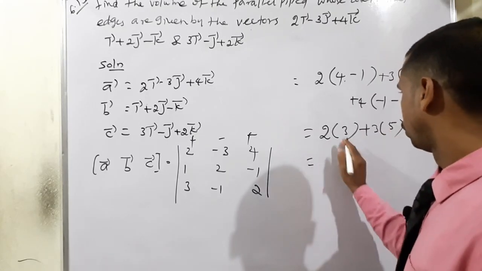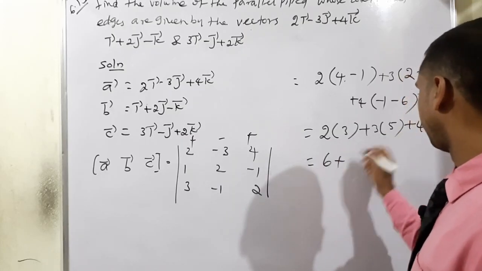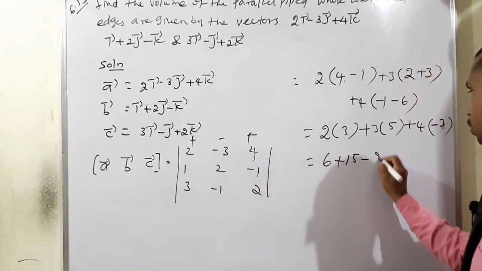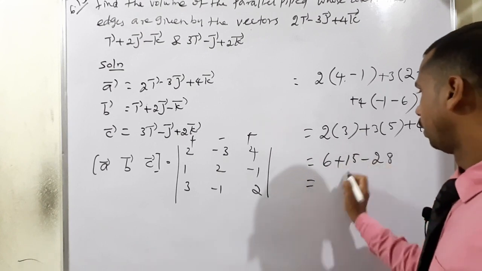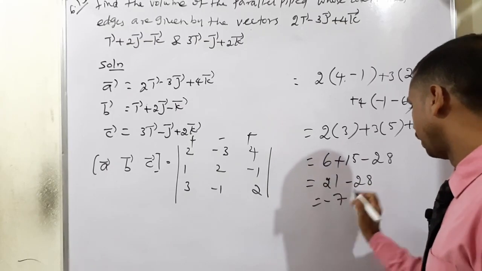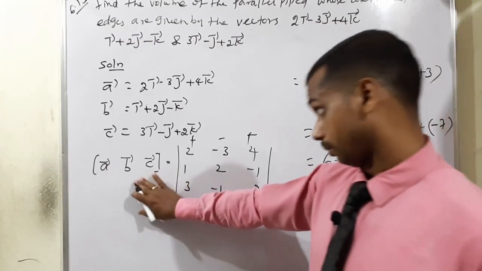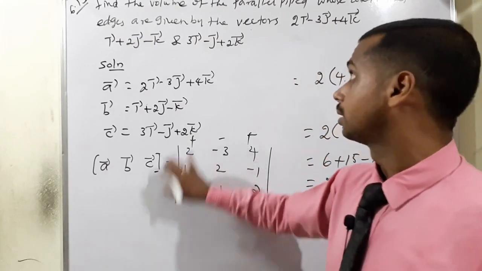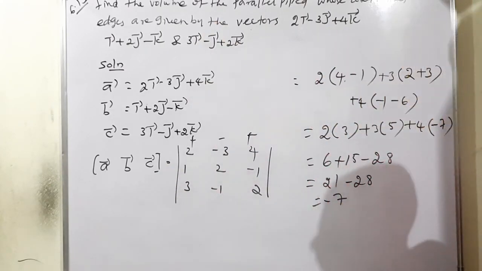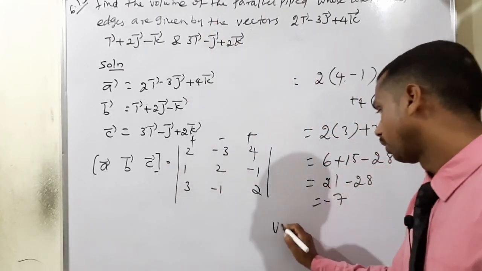Now 2 threes are positive 6, 3 fives are 15, 4 into 7, 28, so minus 28. Therefore 15 plus 6 is equal to 21, minus 28 means minus 7. This is actually the box product of vector A, vector B, vector C. Volume never takes a negative sign, but we have a negative answer. Therefore we can write it, volume of